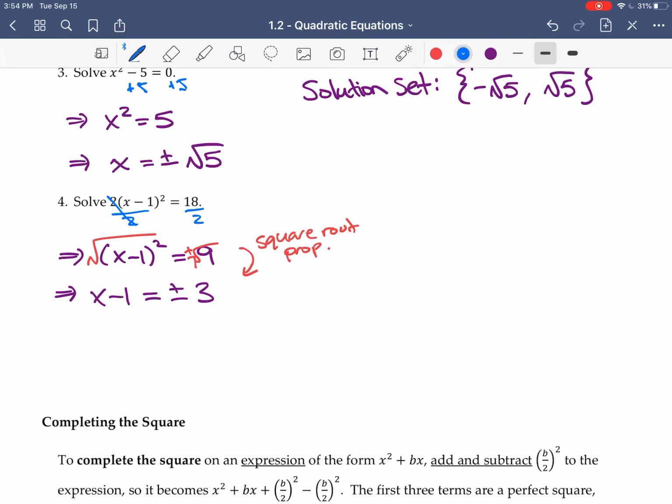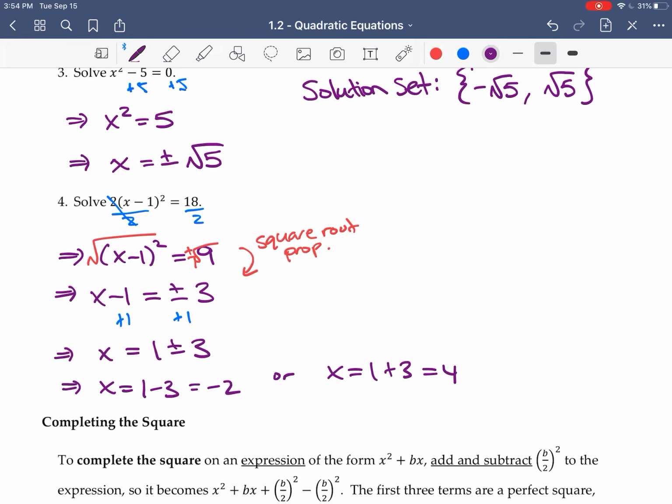And then we can add 1 to both sides to solve for x. So that means that x is equal to 1 plus or minus 3, which gives us x is 1 minus 3, which is negative 2, or x is 1 plus 3, which is 4. Okay, and then if you check both of them,